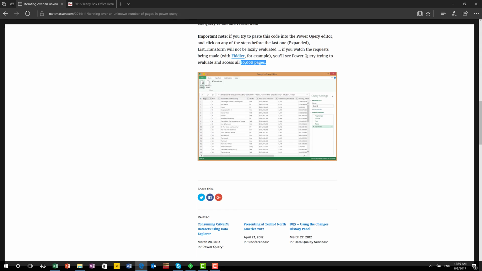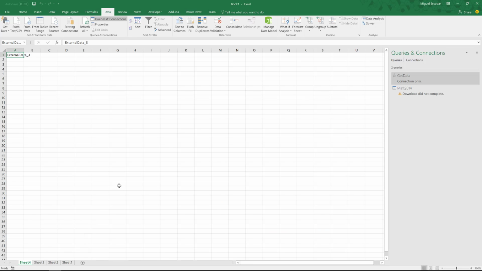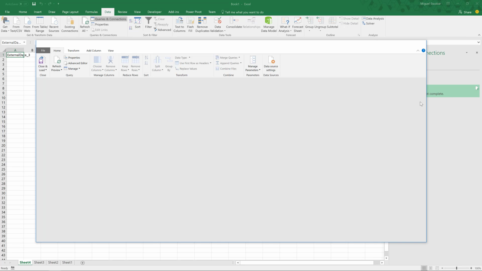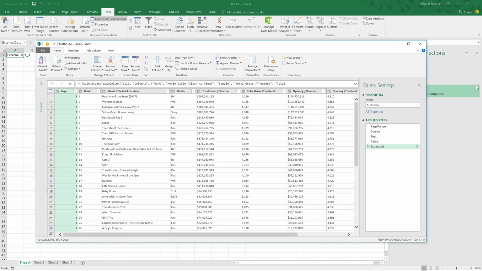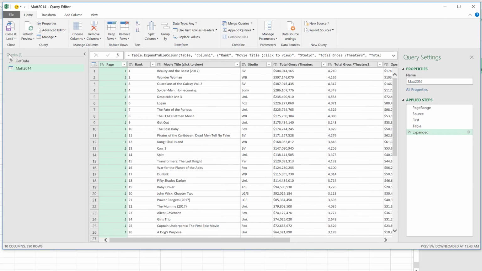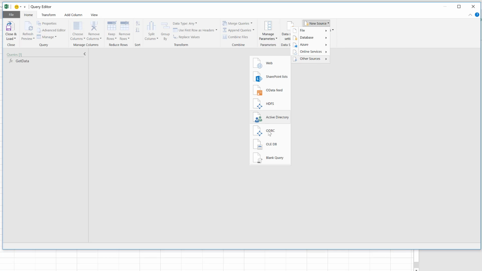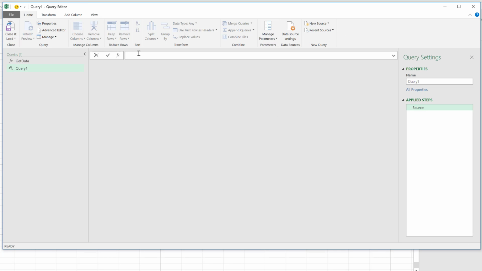So I'm going to show you another way that you can get this information, similar to a do while in some other programming languages. Basically, we're going to be trying to replicate a do while in Power Query. So I'm going to delete this one, Met 2014, and create a completely new query from blank. And I'm going to be using the famous